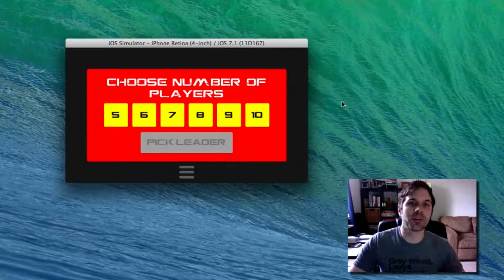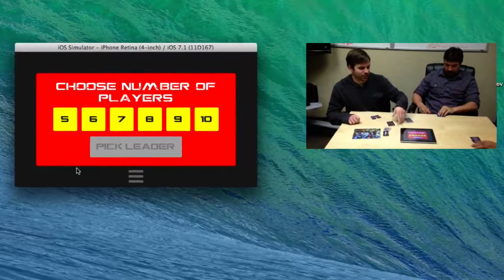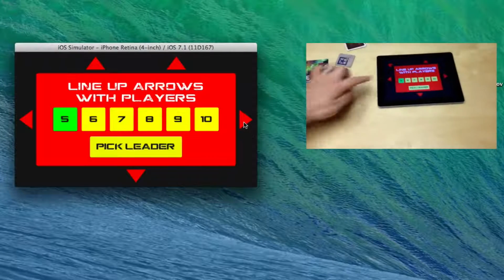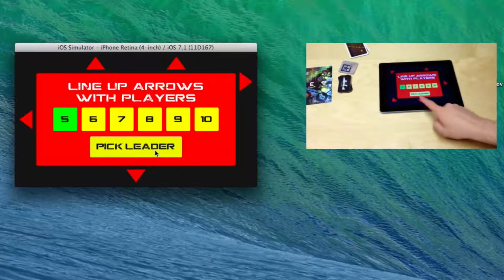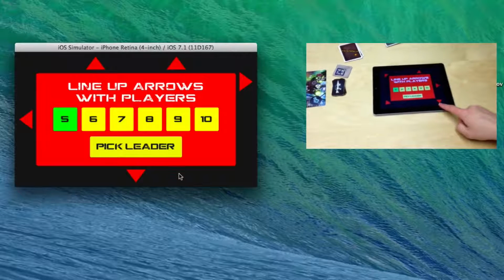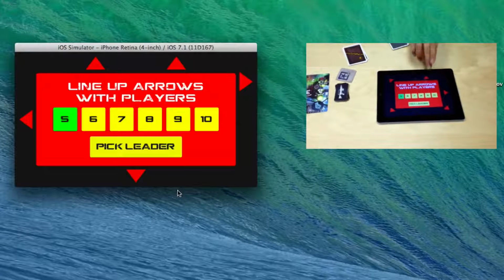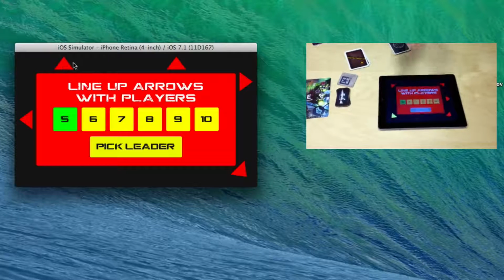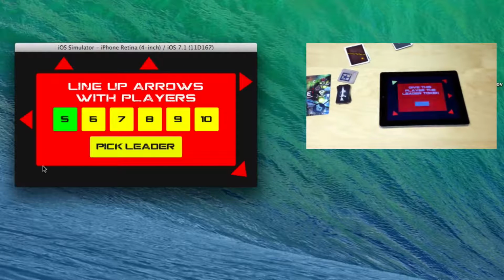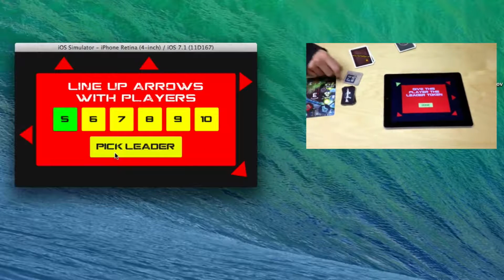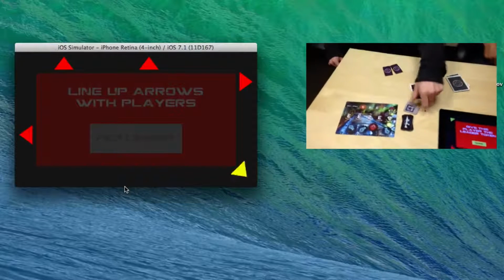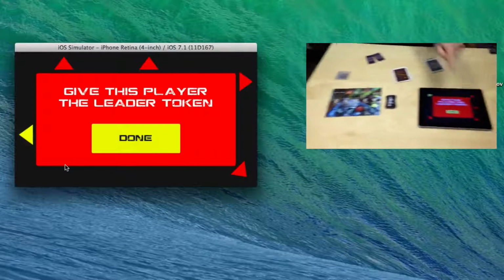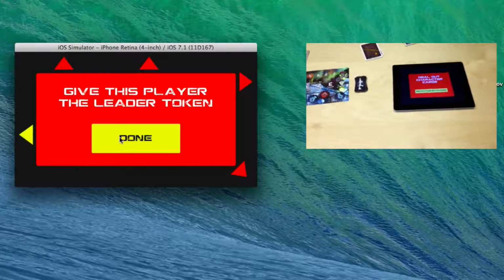I hope it's useful. So you start out where you pick a number of players, let's say in this case 5. And what you could do is you put the iPhone or iPad in the middle of the table and you drag it around based on where people are sitting. Let's say for whatever reason you're sort of in this format, and then you just pick a random leader. In this case, the guy over here would be the leader, and then you hand him the leader token,